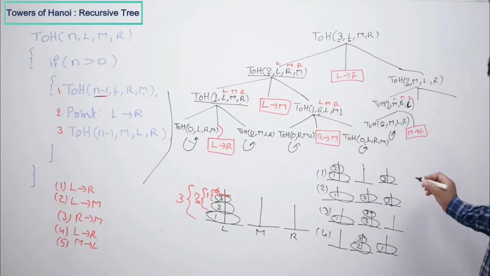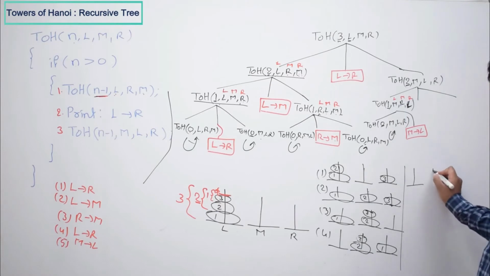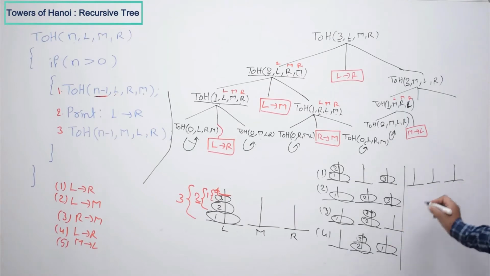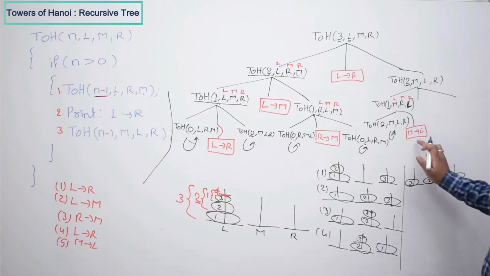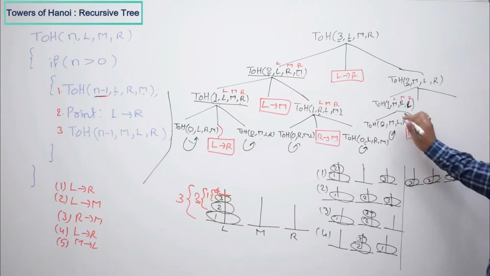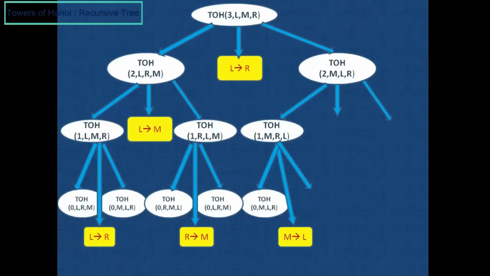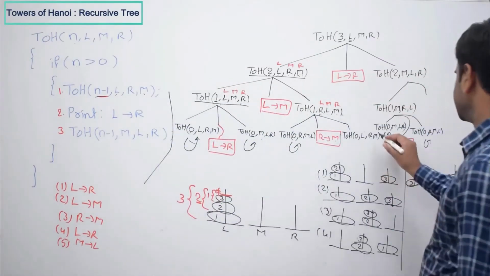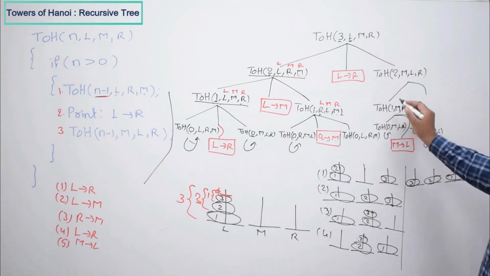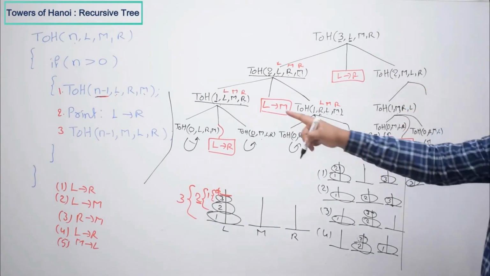So M to L movement is happening. If M to L movement is happening, what will happen? Here if you see, 2 is here, 3 you moved from M to L, and 1. Okay, so this is what happened. Now the second statement is completed, means the third is also there. So the third is also Towers of Hanoi. Now if you observe here, what is happening? These three statements are completed, coming back when n is 2, the first step is completed.